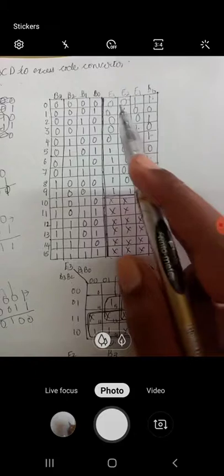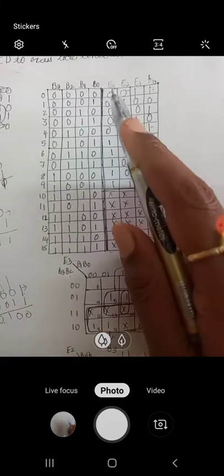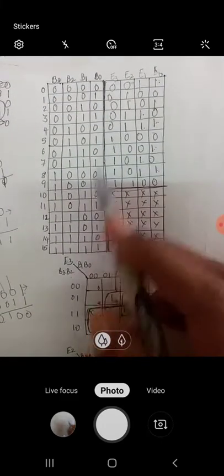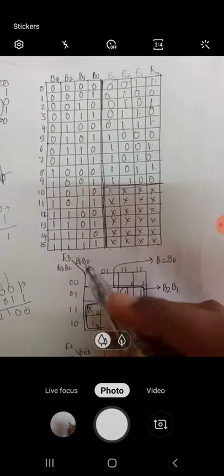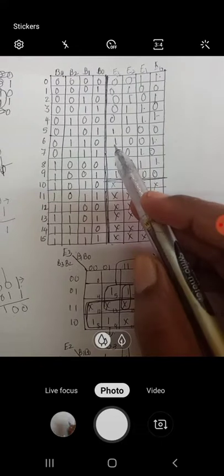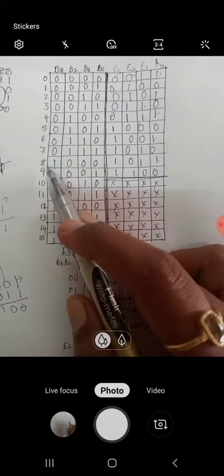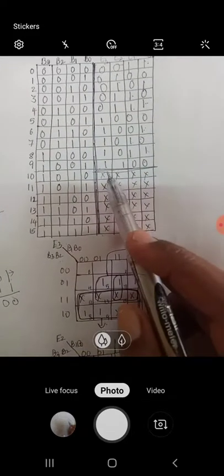Anyways, I will show it in detail now. So for E3, I have the 16 cells. This is the K-map which I have drawn. The output is E3, so I have written it as E3. So B3, B2, B1, B0. MSBs are B3 and B2. Now this is 1 for 5, 6, 7, 8, 9. So only these 5 values are 1, and I have written 1 for 5, 6, 7, 8 and 9.